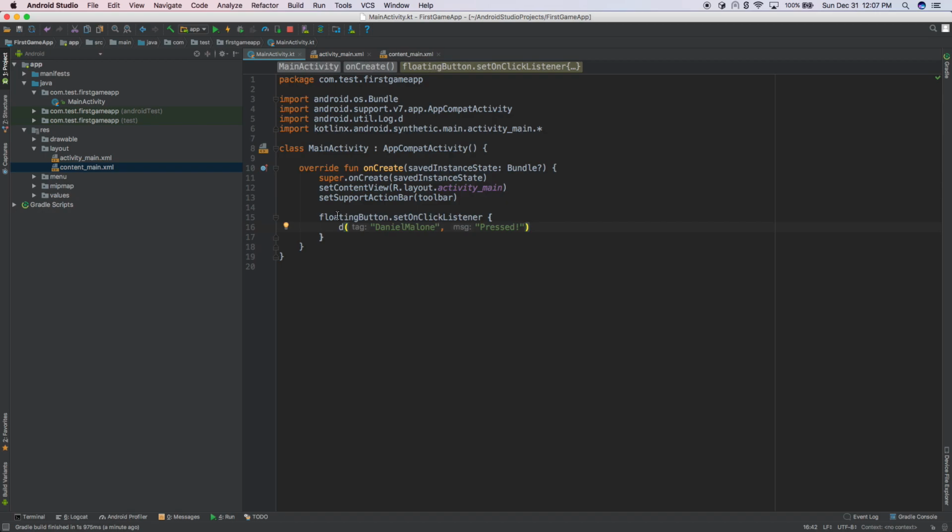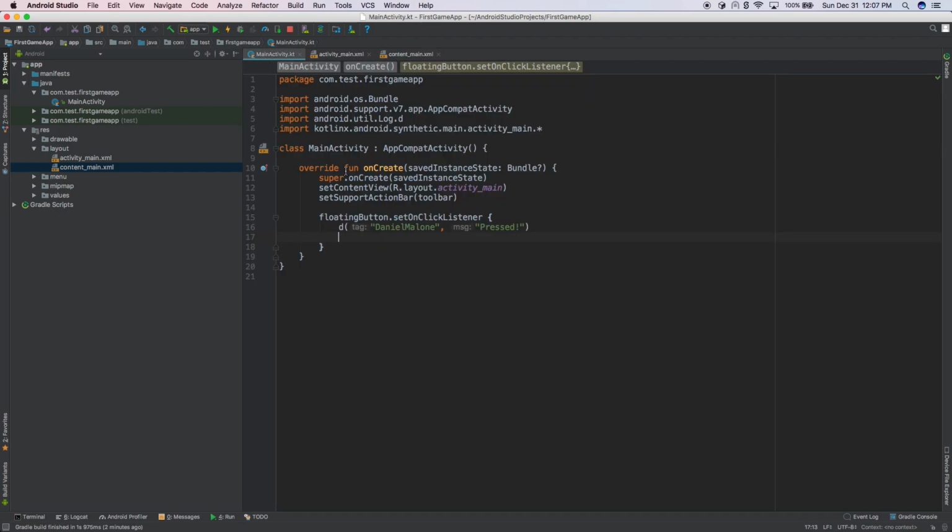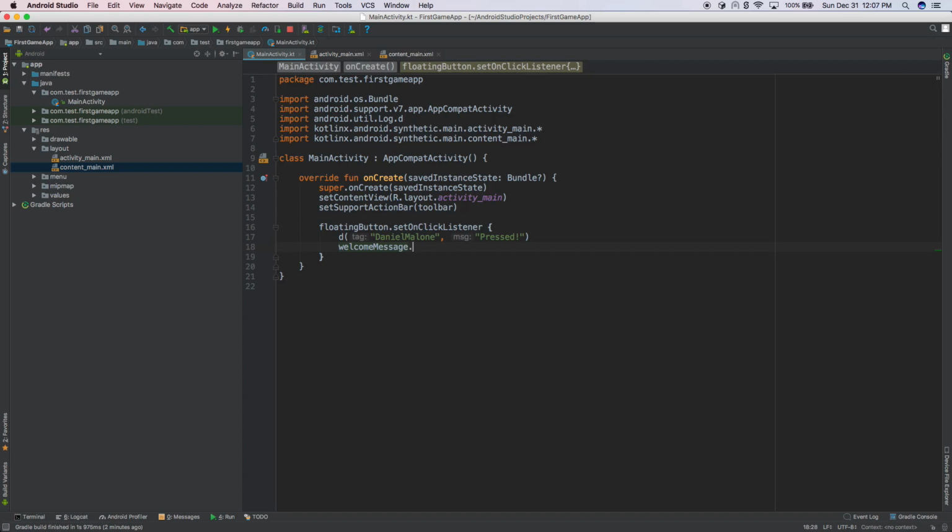So inside of the floating action button, every time it's pressed, do the code between that and that. Let's do something else. We can add lots of code here. So what do we call it again? We called it welcome message. So start typing welcome message, and here it is. It automatically prompts you for it. So I'm going to hit enter, and then I'm going to put .text